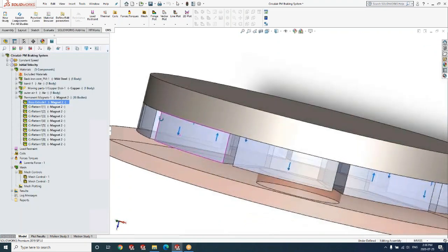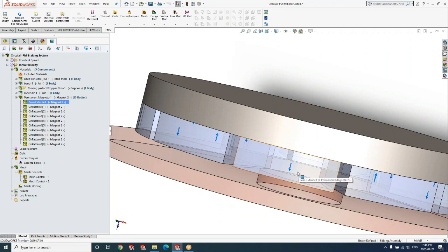Here you can see these magnets have coercivity directions that are alternating. So two adjacent magnets have opposite directions, which actually creates local recirculation of magnetic fields, and it's very effective in applying a uniform braking torque to the spinning disk.